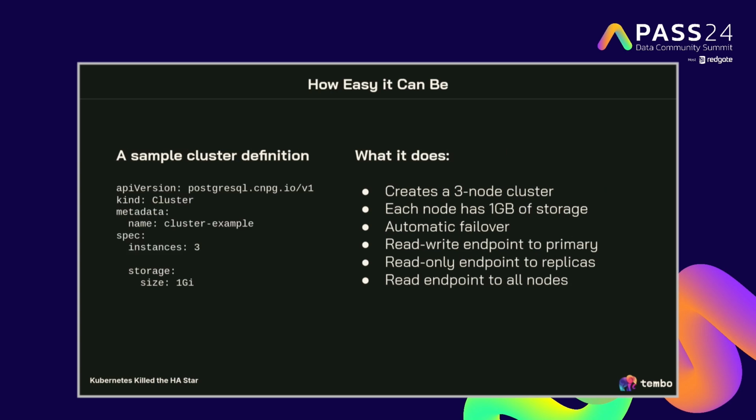So remember all those configuration files I showed you earlier? That's Cloud Native PG. That is a 3-node cluster, each one with a gigabyte of storage, each one with the default, which I think is whatever the default is defined for that node type, which could be a 1 gig machine with 1 CPU or whatever the quotas are set up. And sure, you can make a more complex file, but that is all you need to get a 3-node cluster where every single one of those is up.